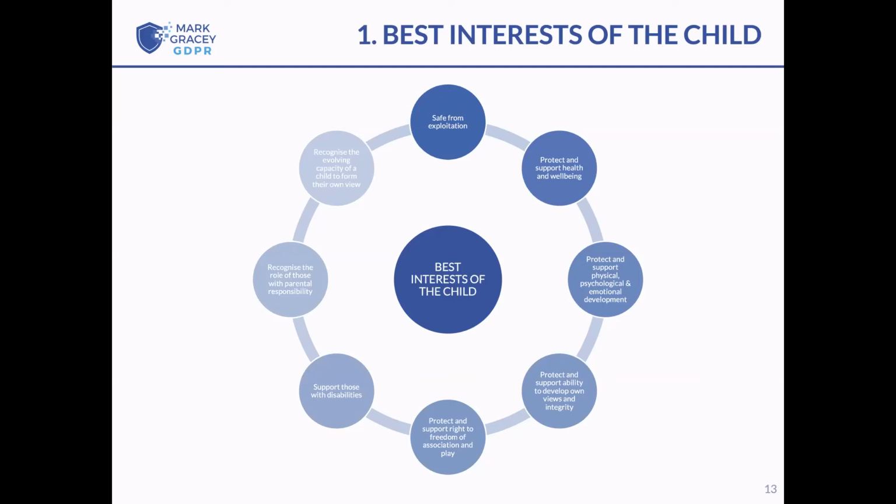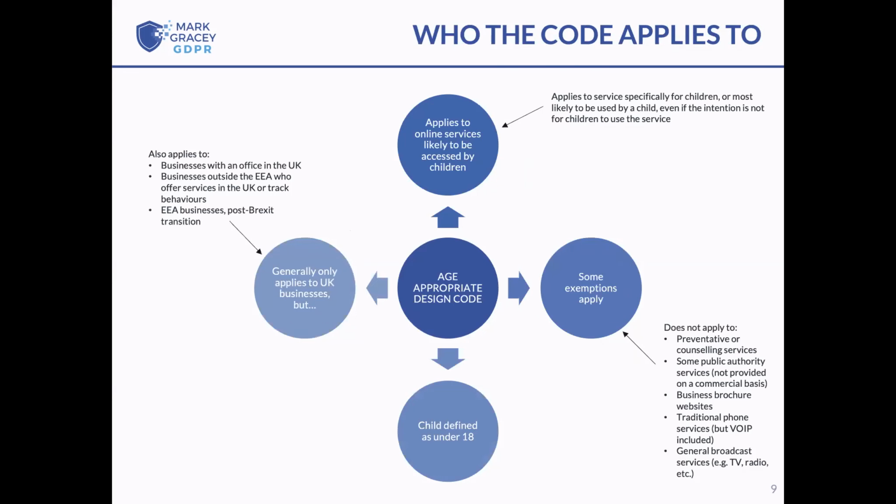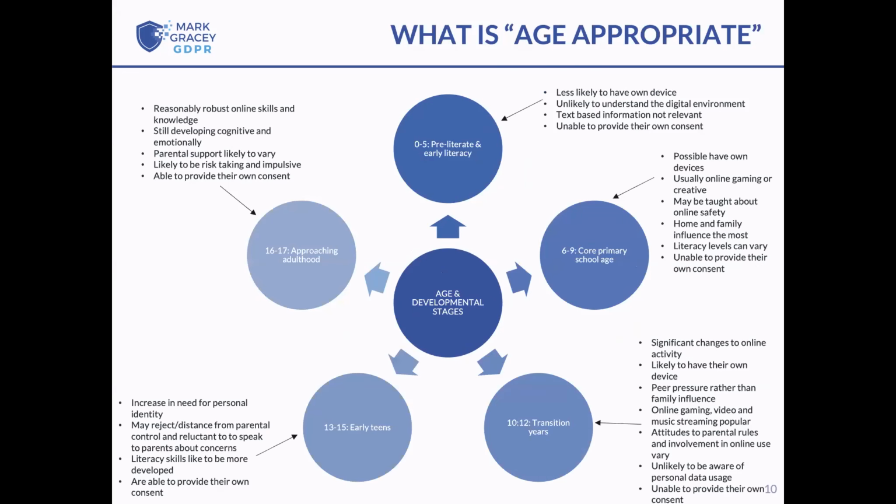And one of the issues, from a GDPR point of view, about understanding the appropriate age of a child being 13 or under is all about them being able to understand the consequences of what's happening to their personal data if they give it out or hand it out without necessarily understanding what it might be used for. And if we go back to that slide that I had earlier about different age appropriate scales,